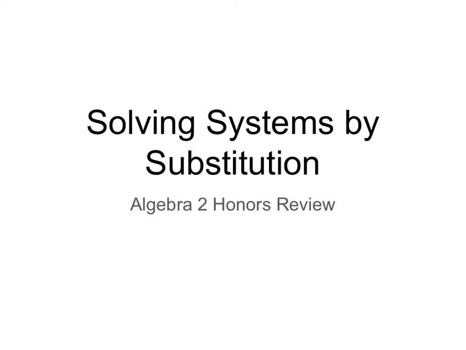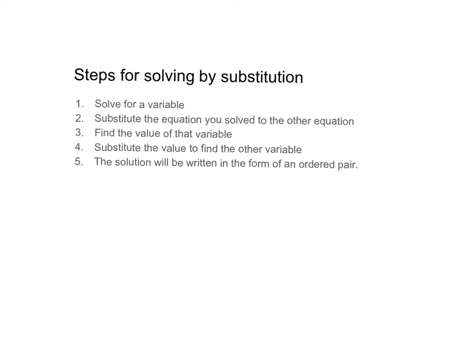Okay, so we're going to do solving systems by substitution, and this should be a review from Algebra 1. So the steps you should be writing in your notes is: first step, solve for a variable. Second, substitute the equation you solved into the other equation. Find the value of that variable. Substitute the value to find the other variable, and the solution should be written in the form of an ordered pair. Before you continue on this video, make sure you copy this on your notes because I'm going to check